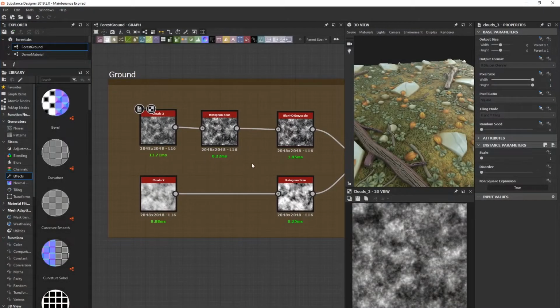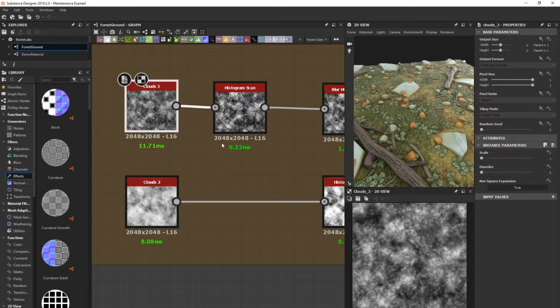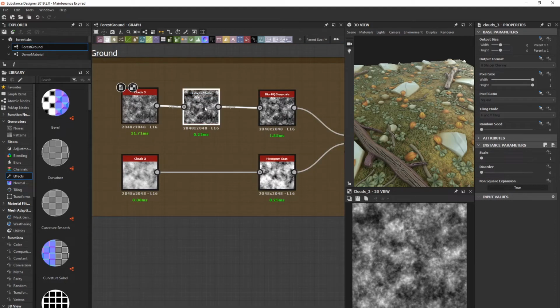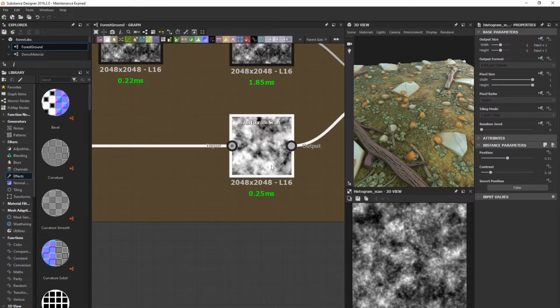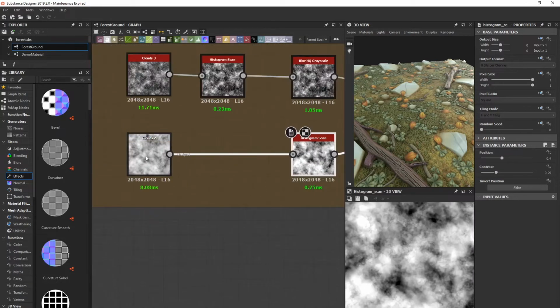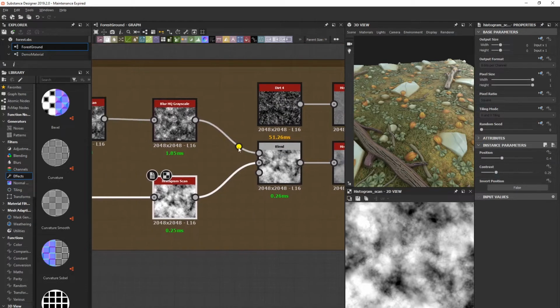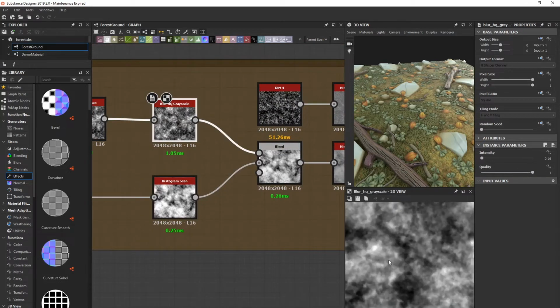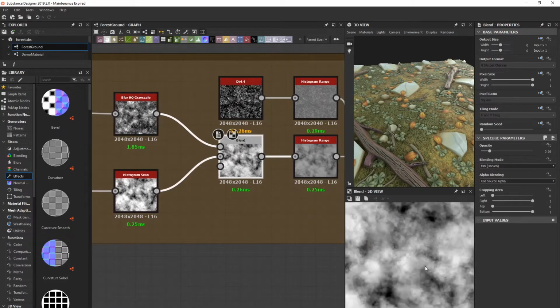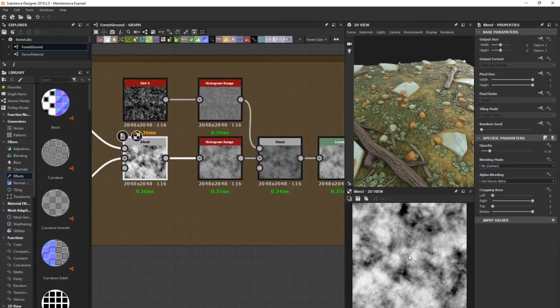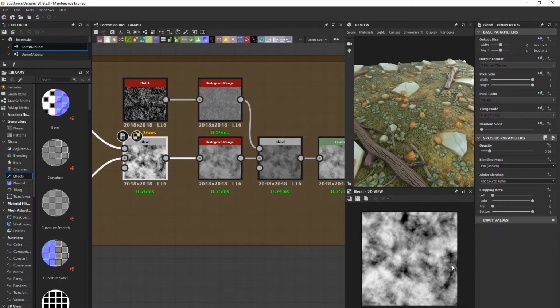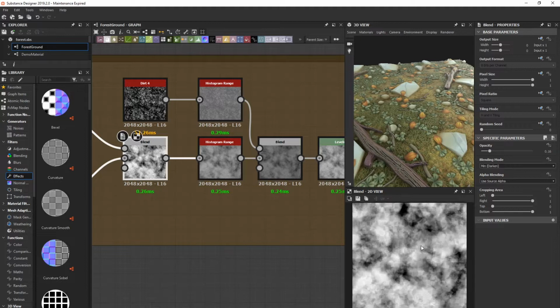So start with the ground. For anything muddy or just a normal dirty surface, I like to start with the clouds. So I got this Clouds 2 and the Clouds 3, followed by this histogram scan, because I want to make these shapes more obvious. So adding this histogram scan to bring up the contrast a little bit, and then use the blur if you think it's necessary to blur out some of the details, and then just blend them together. And so basically this is the base shape of the ground,